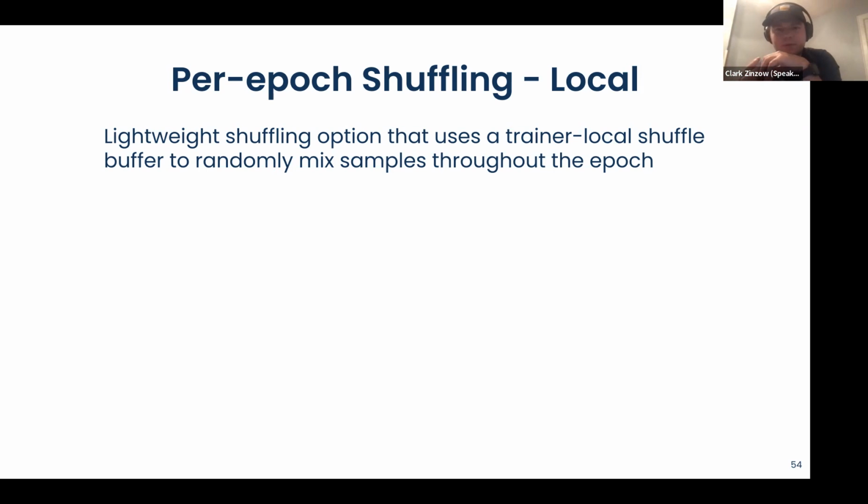Obviously, this is not equivalent to a fully global shuffle. This is more just a pretty efficient local shuffle, where the trainer is shuffling within its shard, not mixing data across trainer shards on every epoch. And it's also not shuffling from the entire shard. It's just holding a little 1-2 gigabyte buffer locally.